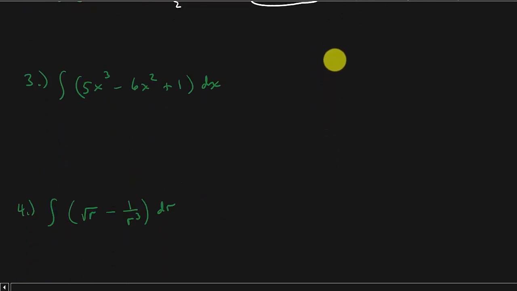All right, let's look at the next problem. So we just integrate each term individually. So I'm going to add 1 to the exponent, which gives 4, and multiply by the reciprocal of your new exponent. So that takes care of the first term. Minus, now let's look at this term. Let's write the 6 down, add 1 to the exponent, multiply by the reciprocal of the new exponent,